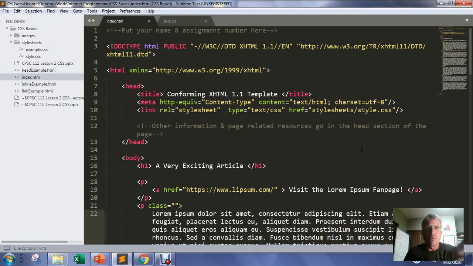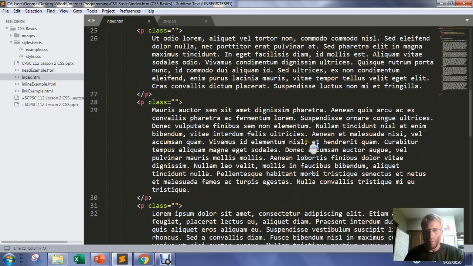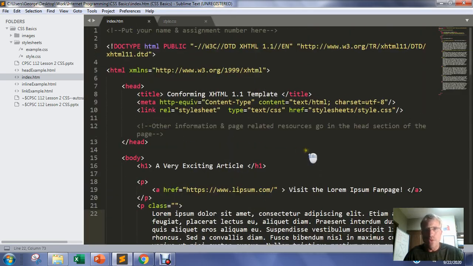Alright, so in this video we're going to walk through styling a web page using a style sheet. What I have here is an index page. It just has some fake text in it using the lorem ipsum text. It has an image dumped in. And if you load this into the browser,